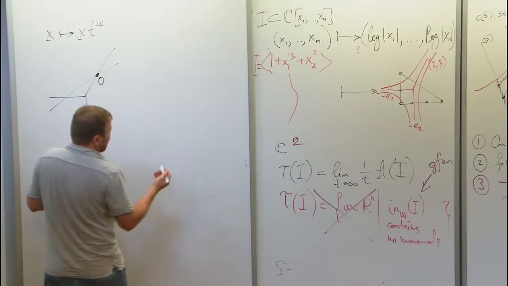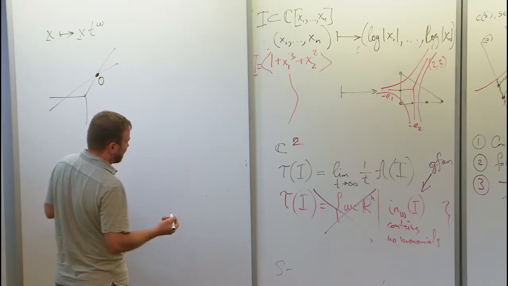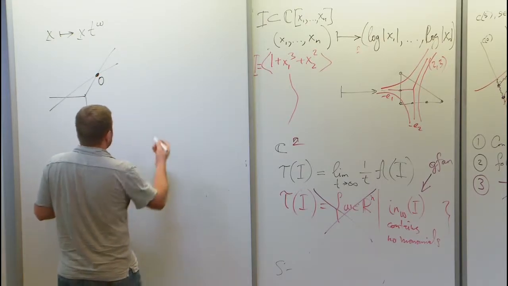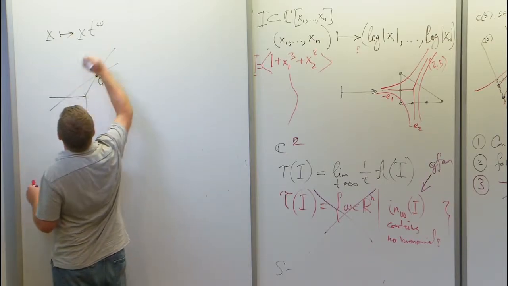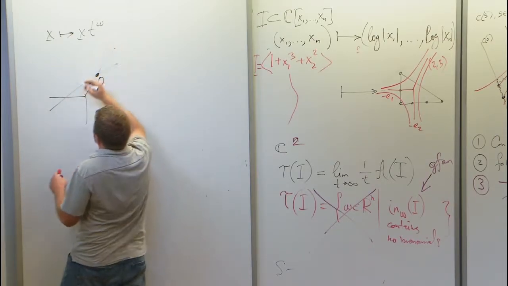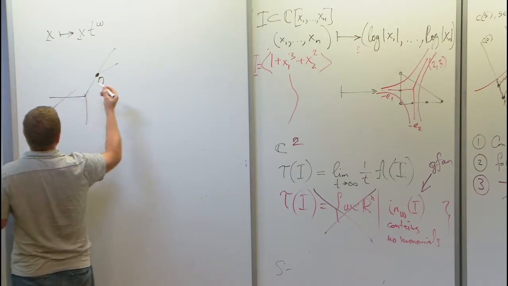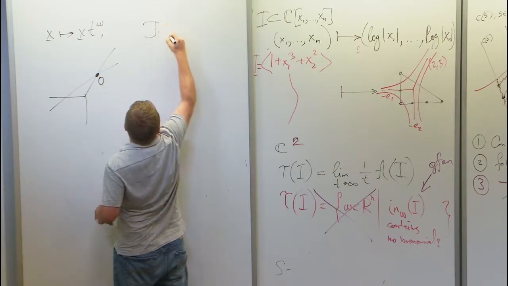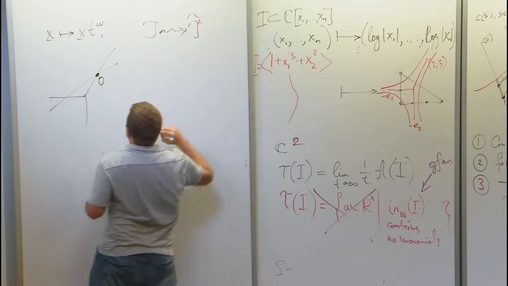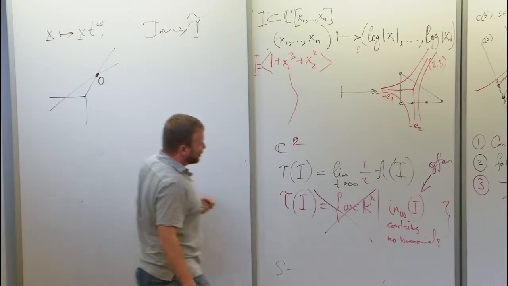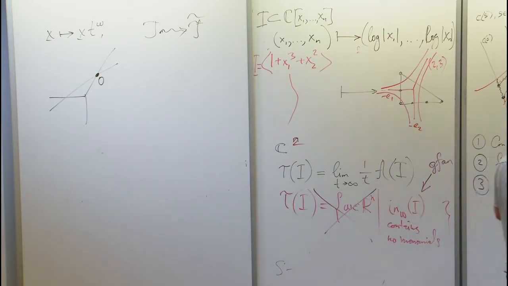So each solution will be a solution to the, let's say if this operation is called tilde, so if this operation sends J to J tilde, then I want to set up a homotopy that computes the